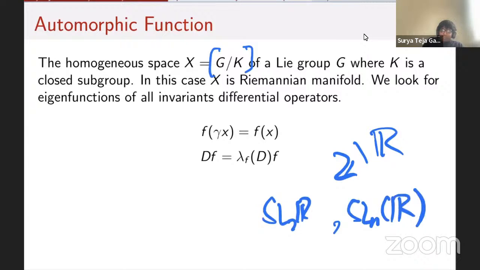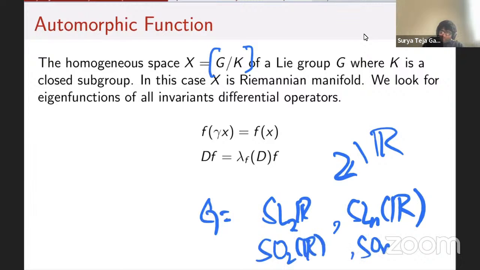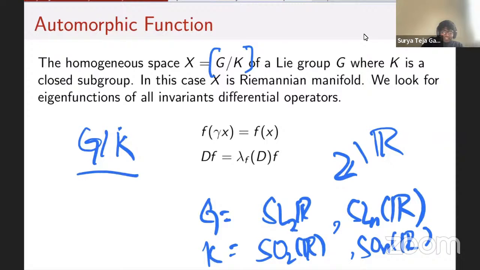And then you can take some closed subgroup, for instance. So you can think of just SO(n) in R, or SO(n, R). And you can consider this quotient. You can see that it is a Riemannian manifold, and there's an action of G on the space. Like G is G mod K, so there's an action of G on the space, and similarly,